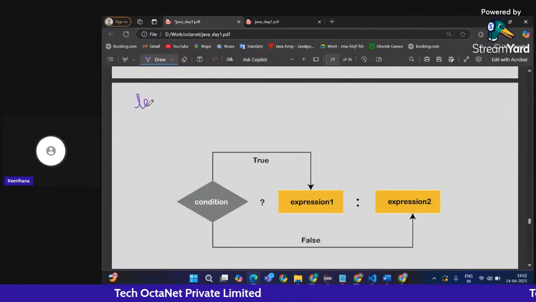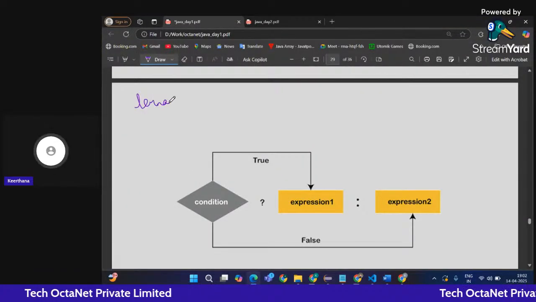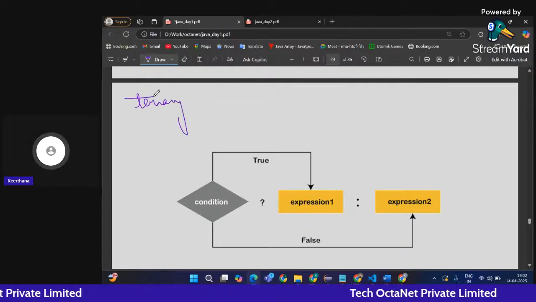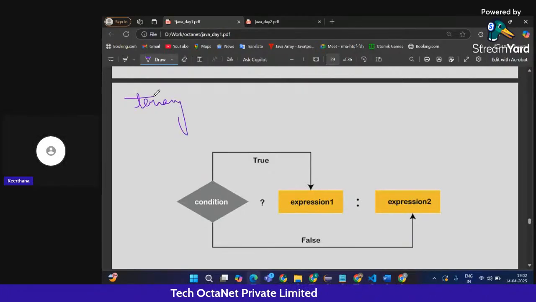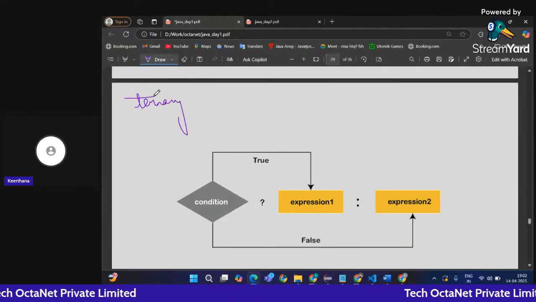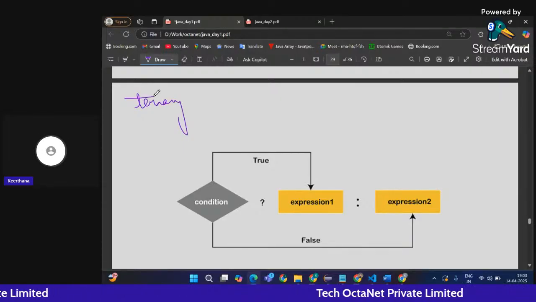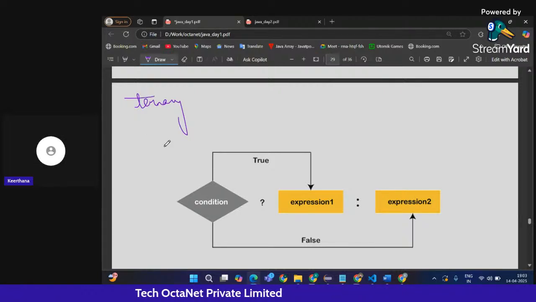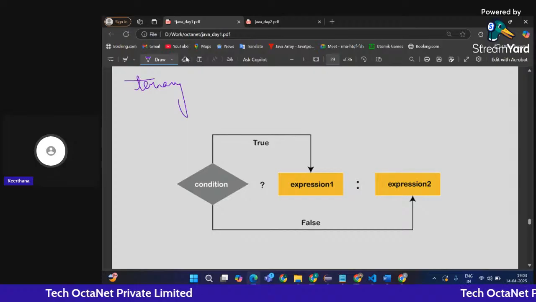Yes, so ternary. Whatever operations you are going to do with an if else block, you will be able to transform the same with the help of ternary operators. And I also said that the ternary operator helps to reduce the code, right? So it works in this way. For example,